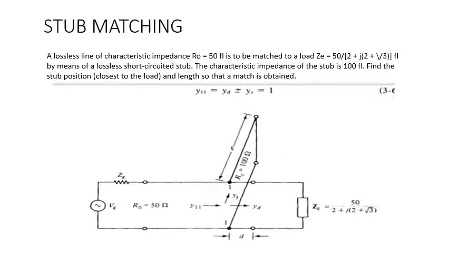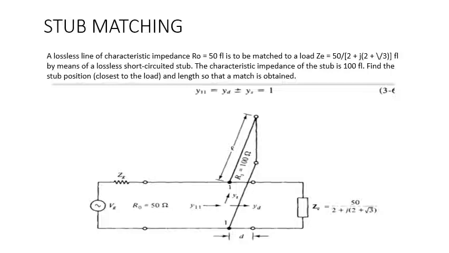The speciality about this problem is that the characteristic impedance of the stub chosen and the already existing transmission line are different. They do not have the same characteristic impedance. Till date, whichever single stub and double stub matching you have done, both were working at the same characteristic impedance.